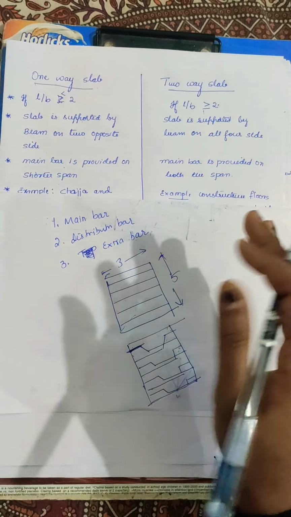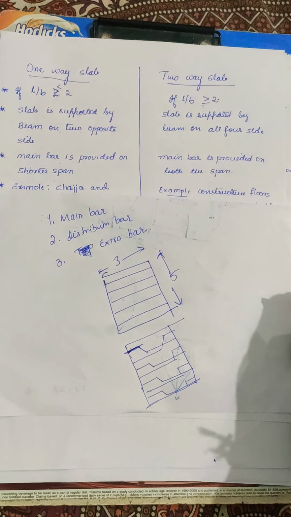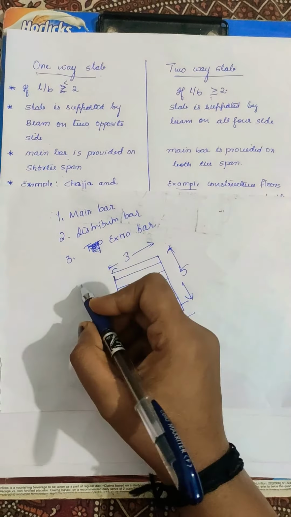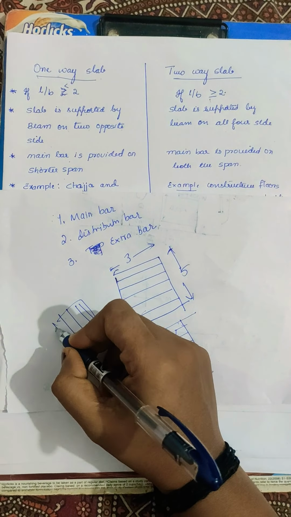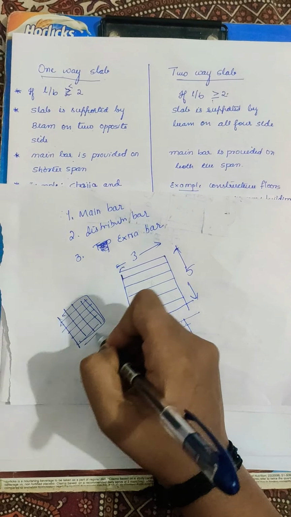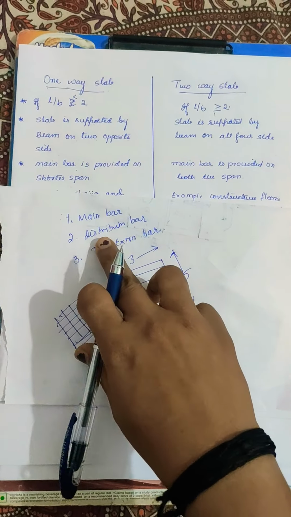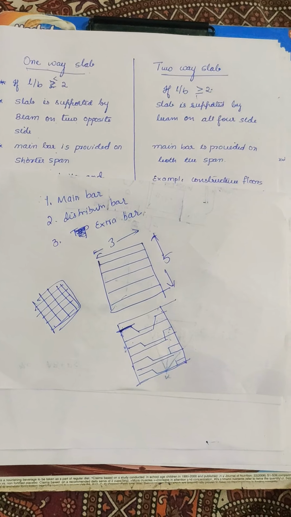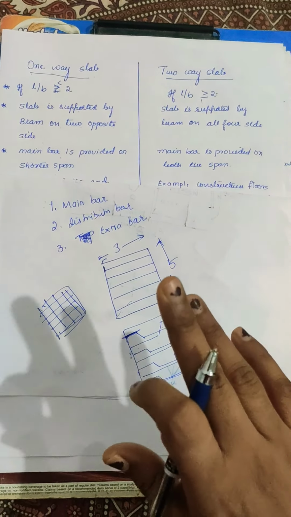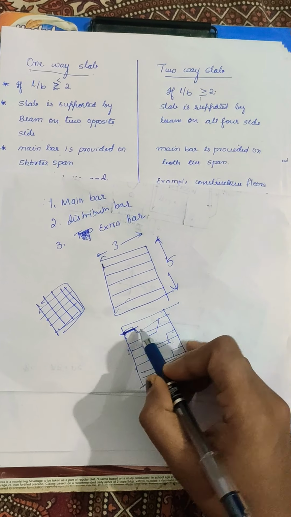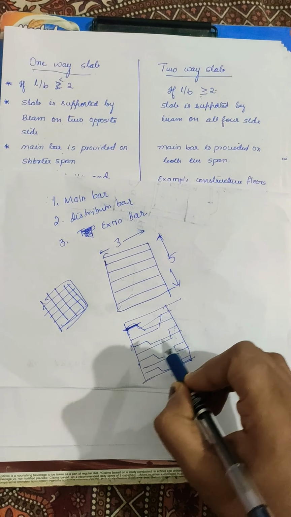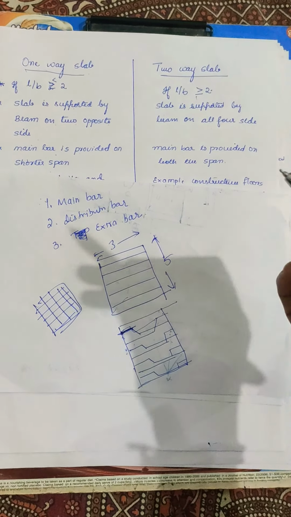Sometimes you will have observed on site that there are two types of mat: one is the bottom mat, one is the top mat. That is the distribution bar that will be provided. In case of a one-way slab, main bars will be provided in the shorter direction. And in case of a two-way slab,